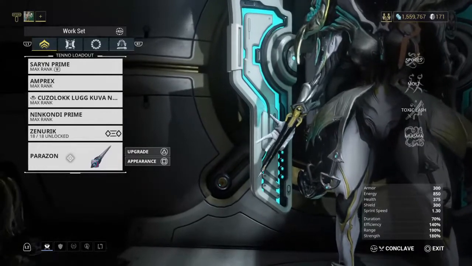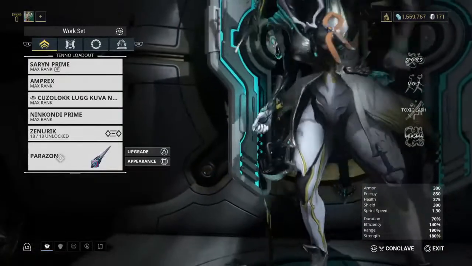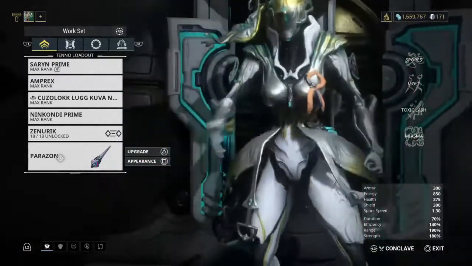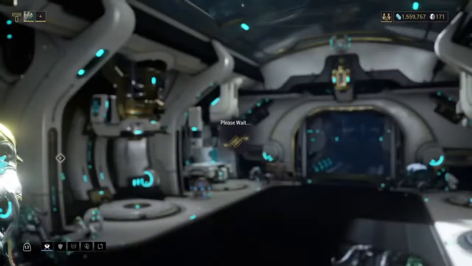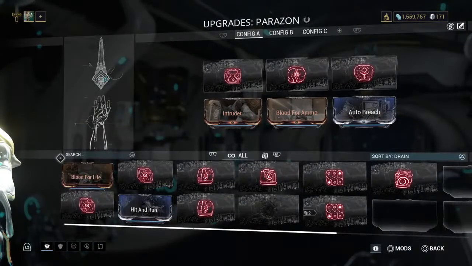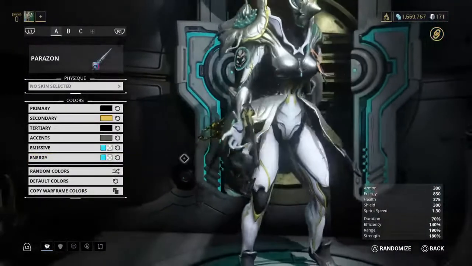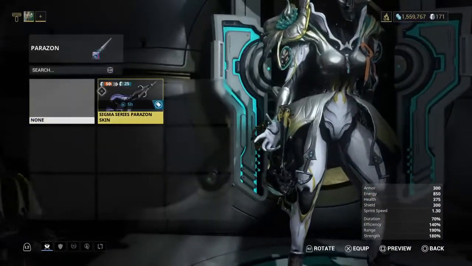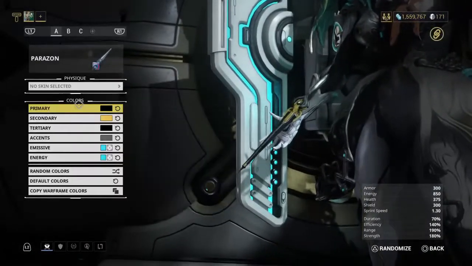The Parazon appears as a weapon in the arsenal, as you can see, that is permanently equipped on all Warframes. It possesses 3 Parazon mod slots, which can be used to enhance its abilities. As with all Warframe weapons, the Parazon can also be color customized as the player desires. You can't do too much to it, but it's just like anything else. There's no skins. Wow, we have skins for them. Okay, things just got real. All right, so anyway,